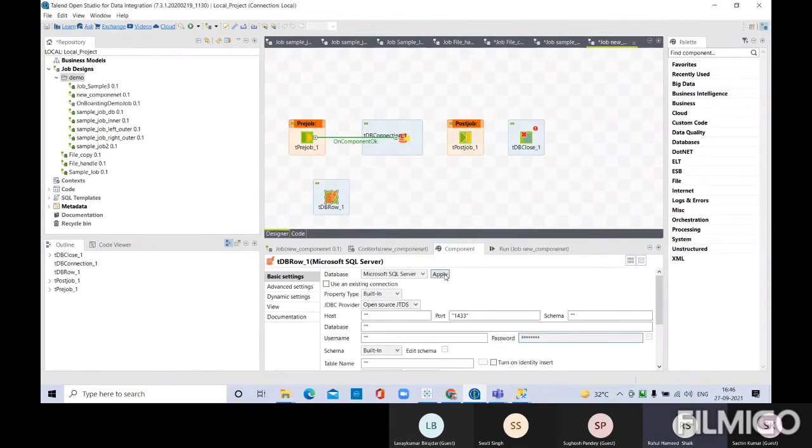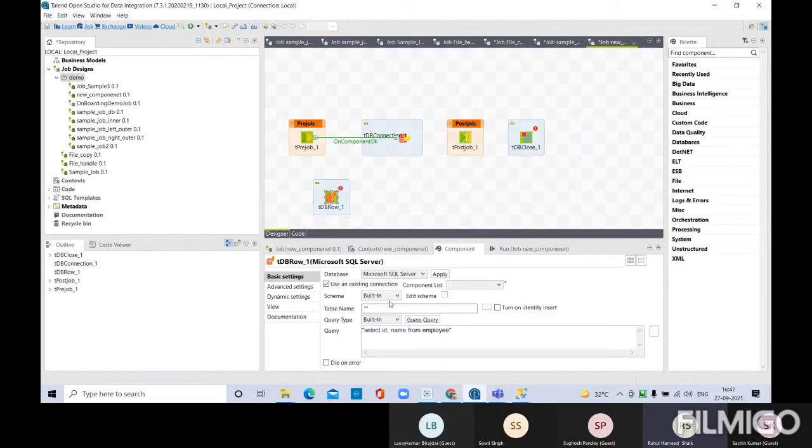So when you choose the database, it will ask for the database connection details. When you have a database connection component already at the beginning, you can just use the existing connection. Now enable that to use an existing connection. At the top of host name, you can see yes. When you choose this one, it will ask which component connection I need to use. From the component list, you can choose the component name. This is DB connection one. So now using the TDB connection, you have connected to the database, and using the TDB row component, you are using the existing connection.